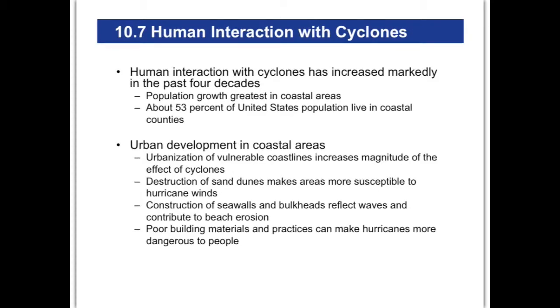So, human interaction with cyclones. Well, the problem with humans and the cyclones' danger level to us is the fact that we put ourselves in danger. I mean, our population really grows in coastal areas. And it used to be that the population in coastal areas was really high because, well, that's the only way you could sail back and forth between continents. Of course, we don't need sailing ports anymore, but now coastal areas have just become very desirable just because they're pretty. All right, people like living near the ocean.